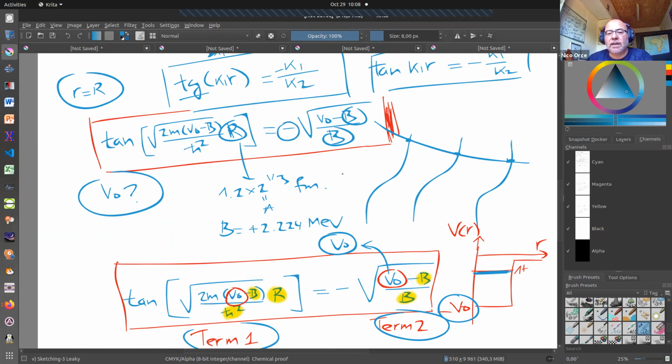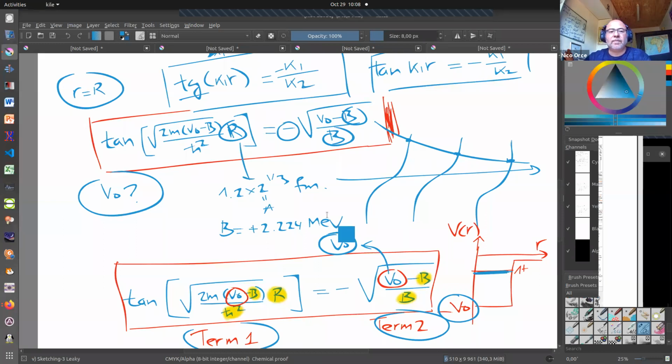So when we look at the tangent, our solution must be on the negative side, right? Because the tangent of this is negative. So whatever this is, the value must be such that it is within this range, right? If we look at the tangent,